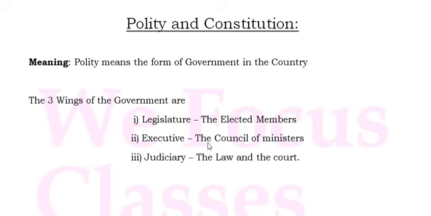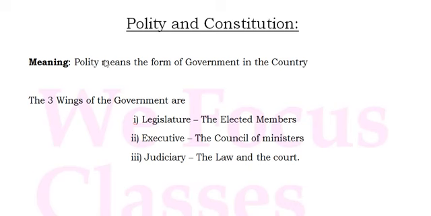And this topic is very easy, not so difficult, but the only thing is you need to pay attention to the topic. We'll be discussing all the contents of the topic, and we'll also be discussing the previous year's asked questions, so that you'll have an idea of the topic. Before discussing all those things, let us get into the topic and try to know the meaning